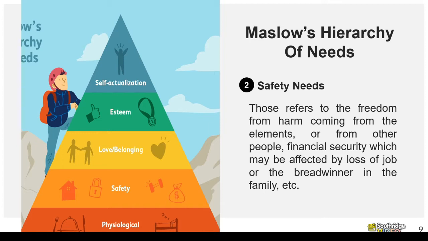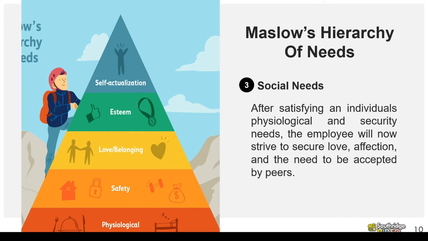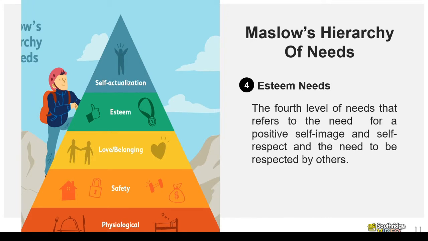in the family, etc. The third level is social needs. After satisfying an individual's physiological and security or safety needs, the employee will now strive to secure the third level, which is love, affection, and the need to be accepted by peers. The fourth level is the esteem needs. The fourth level of needs that refers to the need for a positive self-image and self-respect and the need to